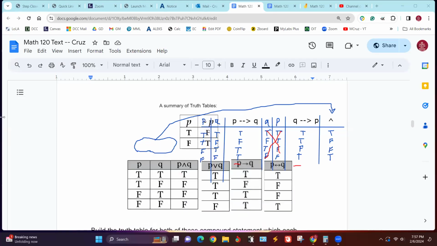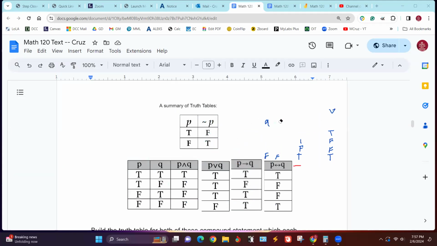So let's sum all of these up, the five different ones. This is more of a traditional truth table, but you can also go back up there and use the sentence descriptions that I give. That's the way I remember them.